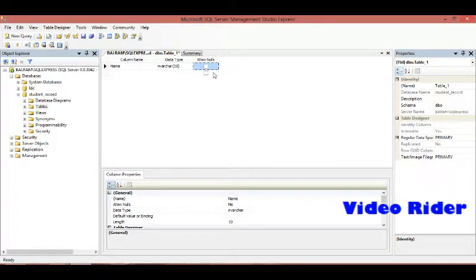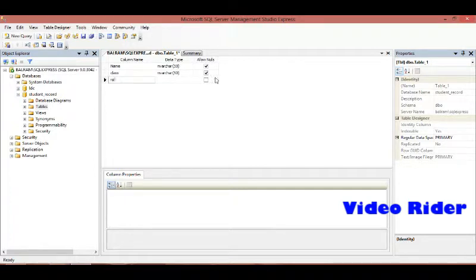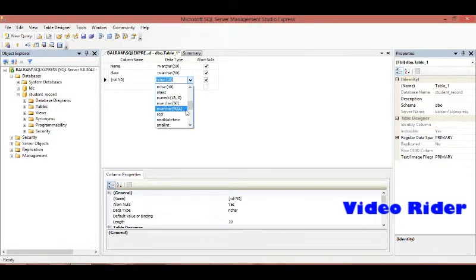I mean you can leave the column blank, and if you check it, then you must enter some value for the column name. And second, class. Here class is also nvarchar type, and here the roll number, and it is integer type.